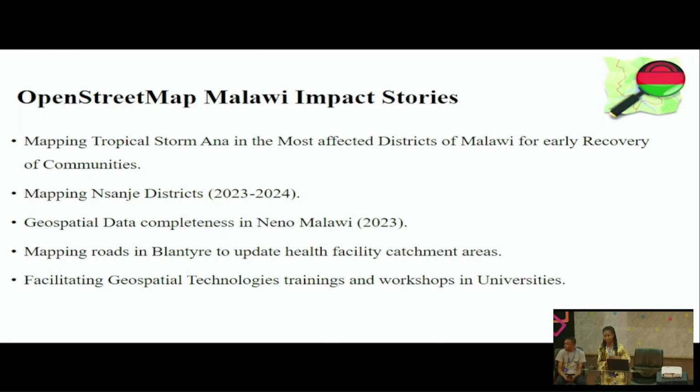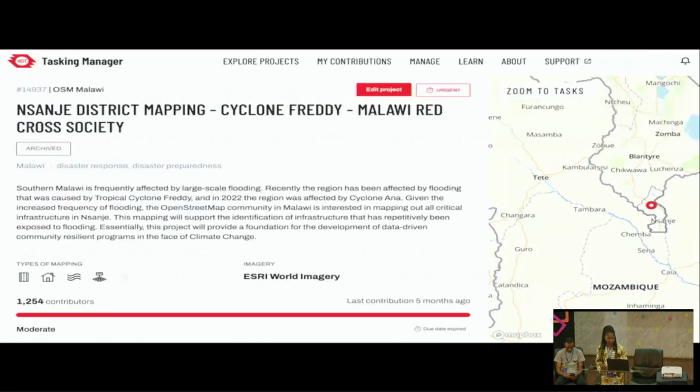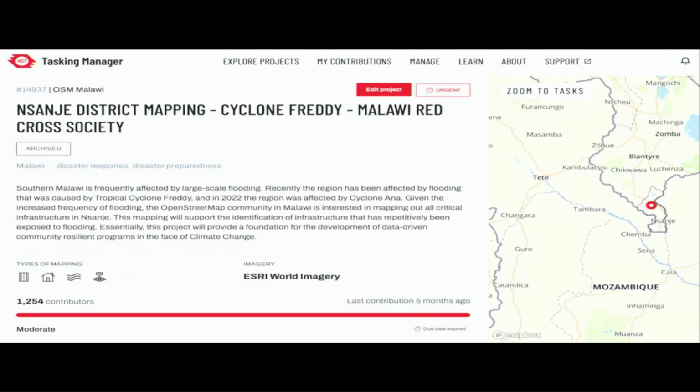So in Malawi, it's very hard to access spatial data. So the coming in of OpenStreetMap is really helping out in Malawi because we come together and contribute and make the spatial data available. We have also done other projects, just to mention a few, and we also mapped roads in Blantyre, which is another city in Malawi, for health facility catchment areas. So this is just a picture of the project that we had in the HOT